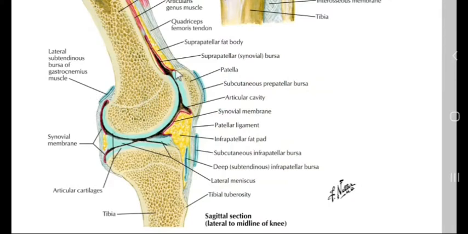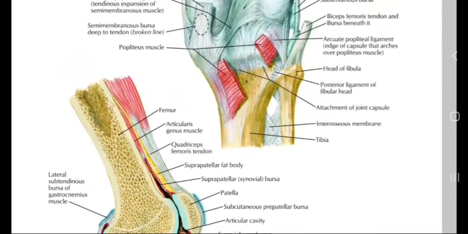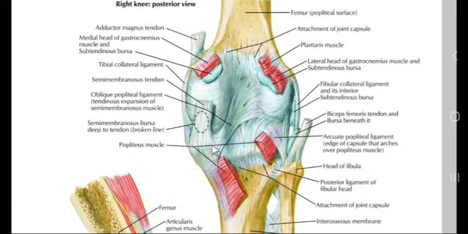Fibrous capsule of the knee joint. The fibrous capsule is very thin and is deficient anteriorly, which is replaced by the quadriceps femoris tendon, the patella, and patellar ligament. Femoral attachment. Anteriorly, it is deficient. Posteriorly, it is attached to the intercondylar line. Laterally, it encloses the origin of popliteus. This one is the popliteus muscle.